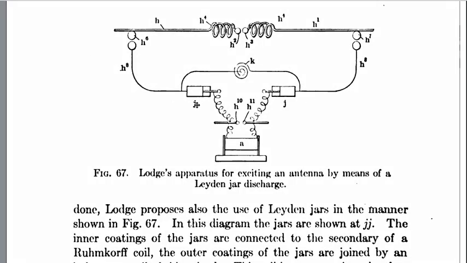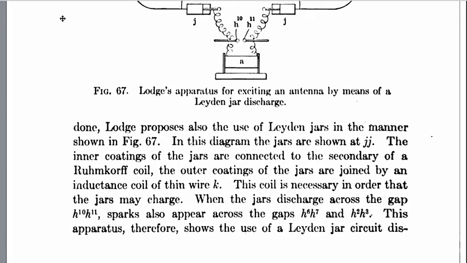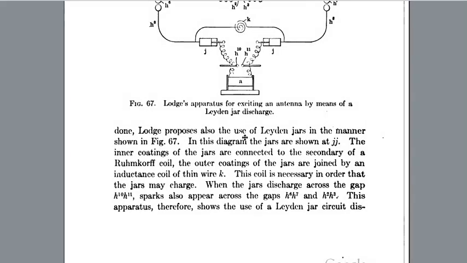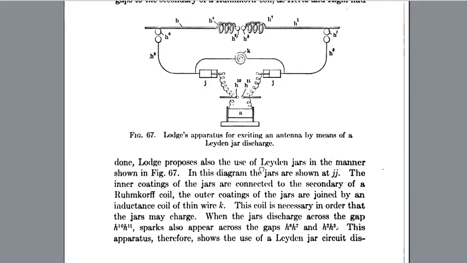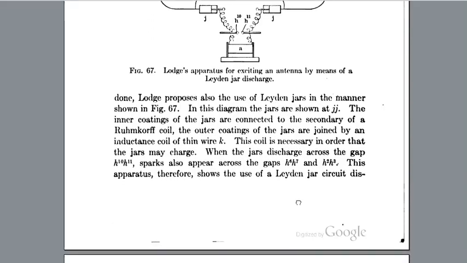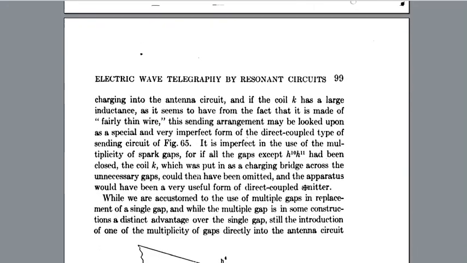The inner coatings of the jars are connected to the secondary of a Ruhmkorff coil. The outer coatings of the jars are joined by an inductance coil of thin wire K. This coil is necessary in order that the jars may charge. When this discharge across the gap H² H³ occurs, sparks also appear across the gaps HH' and H'H'. This apparatus therefore shows the use of a Leyden jar circuit discharging into the antenna circuit,